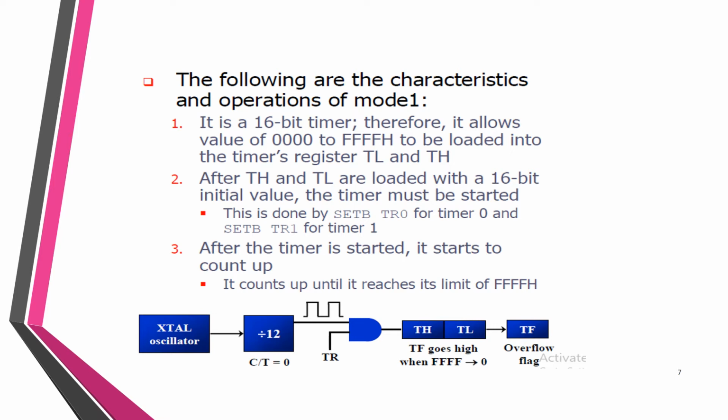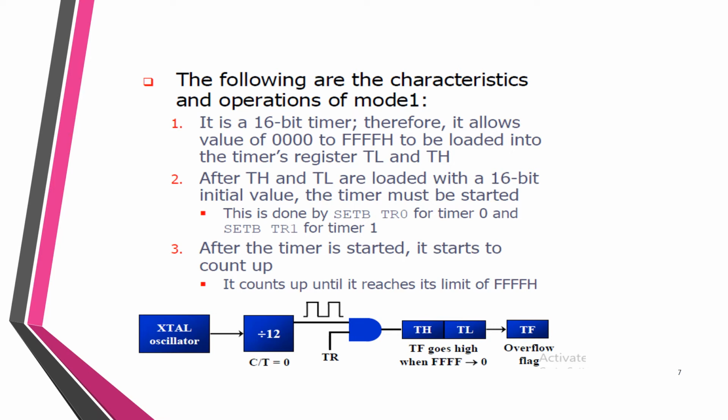What is the source of the clock pulse for the 8051 timer? That is nothing but the C/T pin. Now the crystal frequency attached to the 8051 is the source of the clock for the timer. This means that the size of the crystal frequency attached to the 8051 also decides the speed at which the 8051 timer ticks. This is very important. Independently it can't work because the basic supply is from that oscillator. In the figure on this slide you can see the XTAL crystal oscillator is basically the source which supplies it.